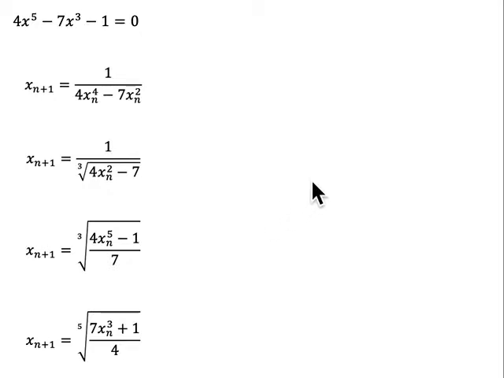Okay, so here's the equation we're trying to solve. Here are those four rearrangements that we did, turned into iterative formulas by putting n plus 1 here and n on the right hand side in our g of x, that we rearranged it to be x equals g of x. We're going to just quickly look at how to use those on a spreadsheet,